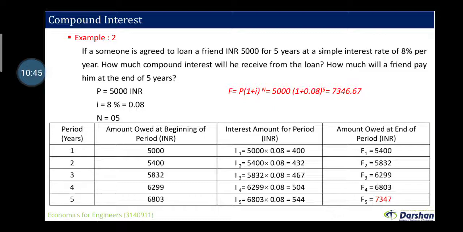table. In this table you can see the first column indicates the years 1, 2, 3, 4 and 5. At the beginning of the year your amount is 5,000 rupees, then 5,000 multiplied by 0.08, so you get 400 rupees. So 5,000 plus 400, so 5,400 at the end of the year